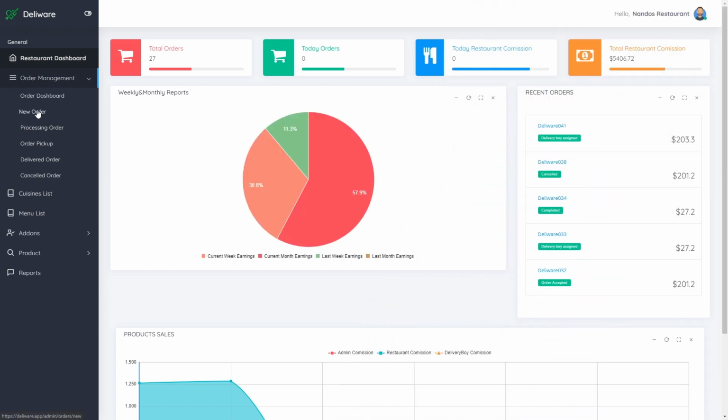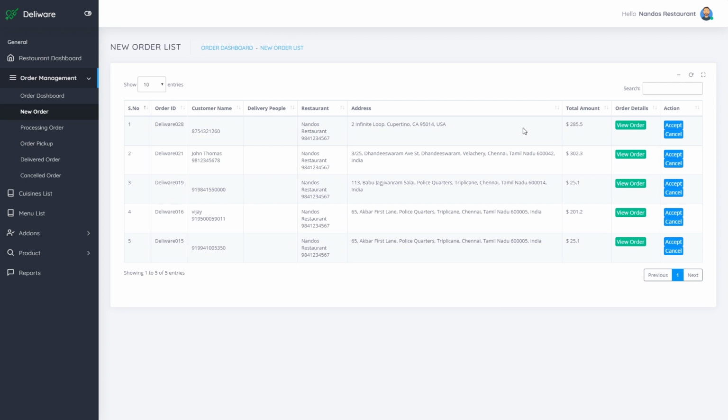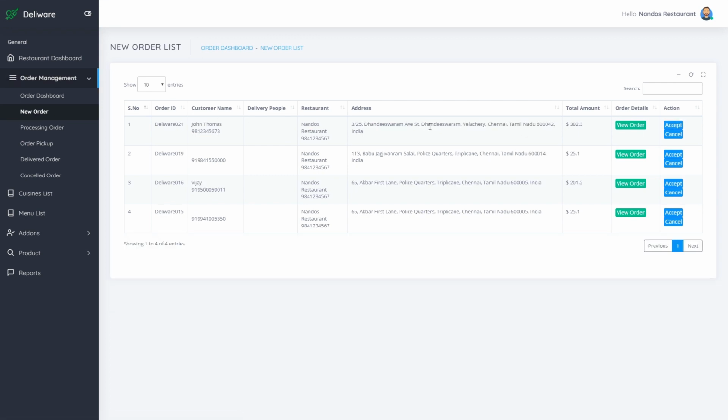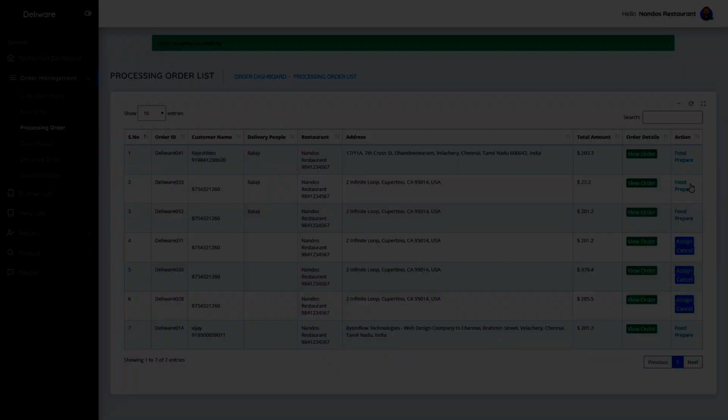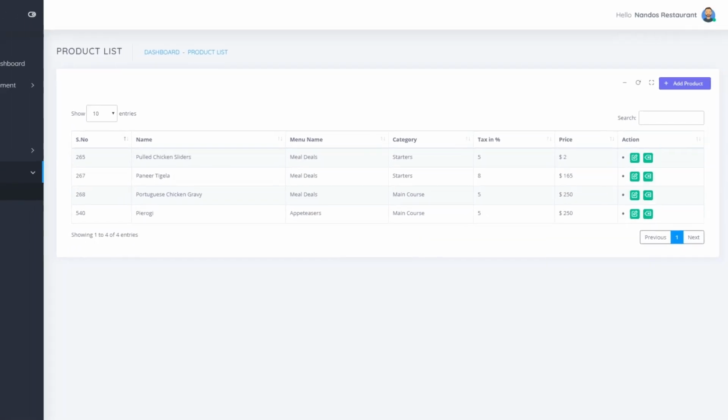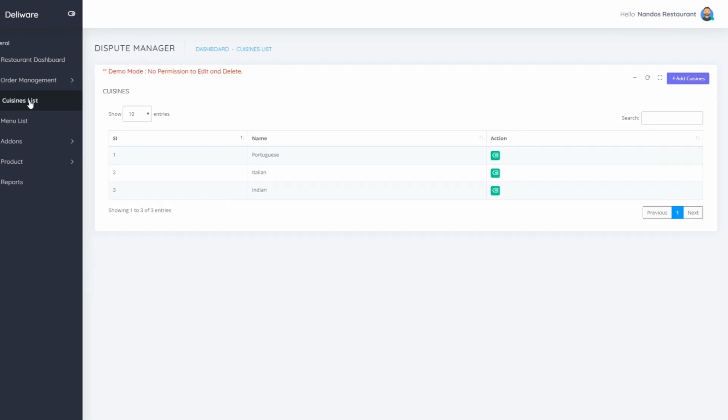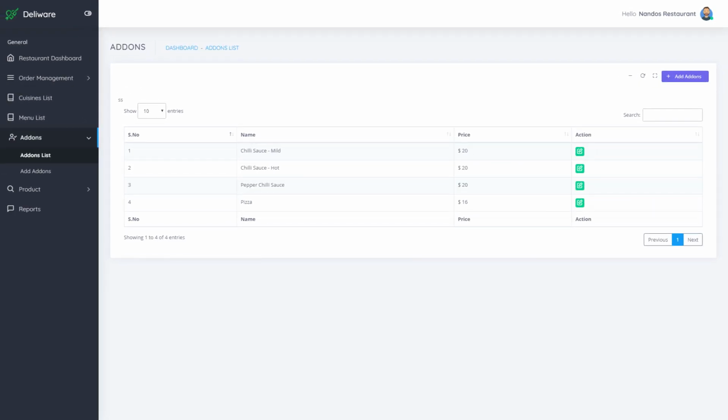Order management is the same as the app, and orders can be accepted and assigned from here as well. Food items, pricing, menu sections, food categories, and add-ons can all be added and adjusted easily from this dashboard.